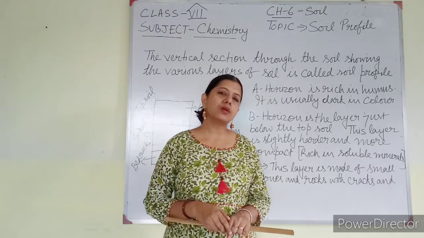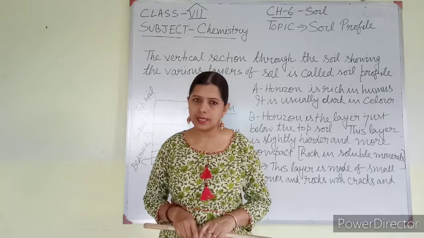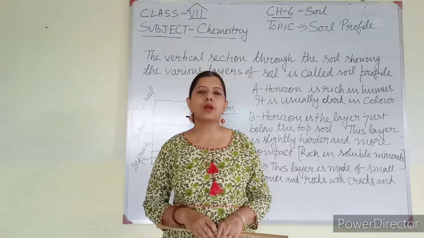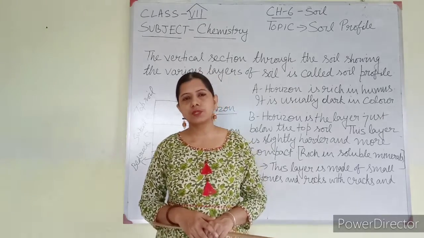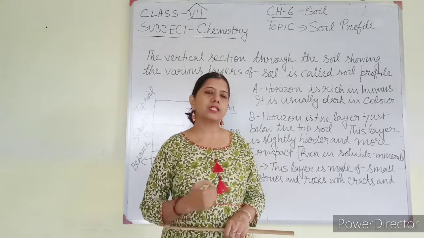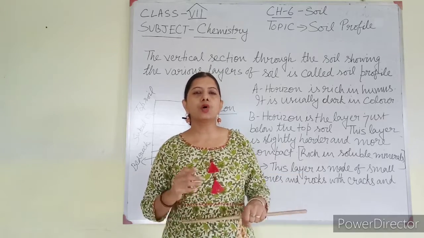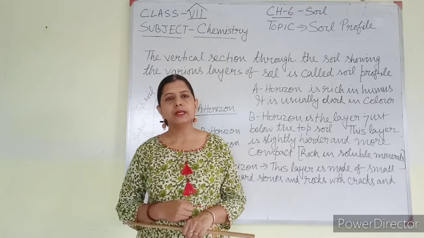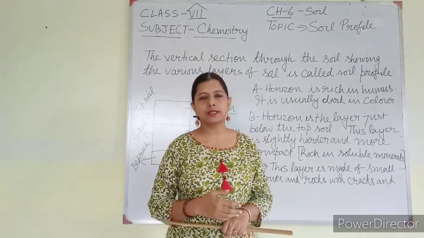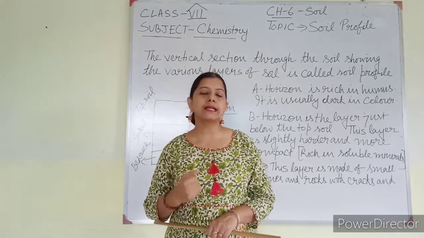Now, in my previous video I told you that the top layer of the earth is known as earth crust. The uppermost layer of the earth is known as earth crust, and on the earth crust all living organisms are found. We also live on the earth crust, other animals live on the earth crust, and plants grow on the earth crust. Below the earth crust, in holes, you can find some small animals. Many small animals make burrows and live under the earth crust, but that is also only up to a certain extent or length.